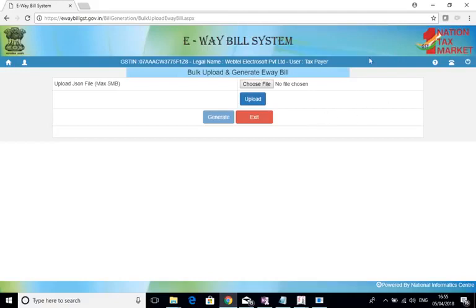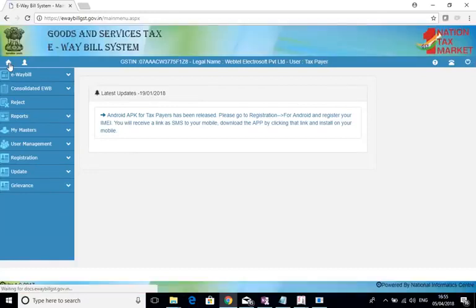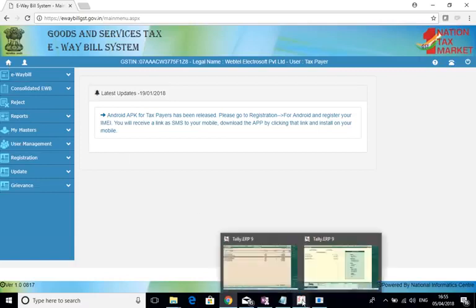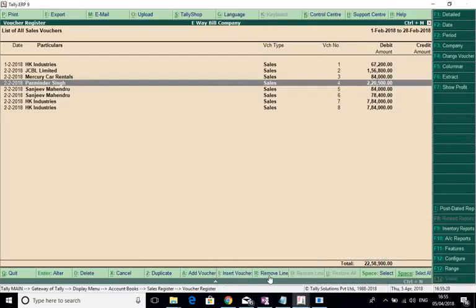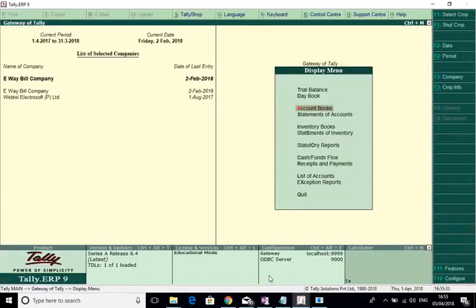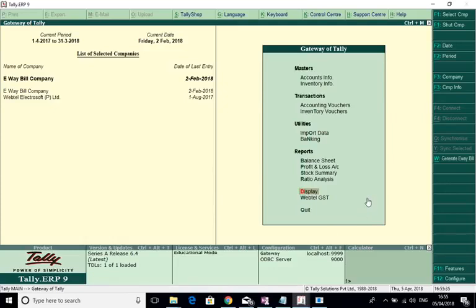So what Webtel has done for the ease of operation, because just to understand that any company having 10 to 15 invoices per day, again and again generating that JSON file and uploading it one by one, and after that coming back to Tally and then punching it here, I think won't be an easy affair, right? So how Webtel has tackled it is that if you subscribe to our new utility, so in the Webtel GST